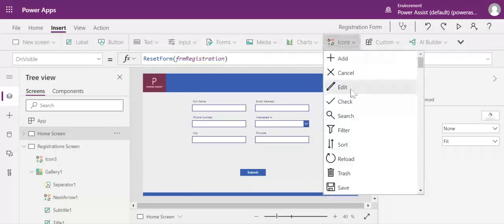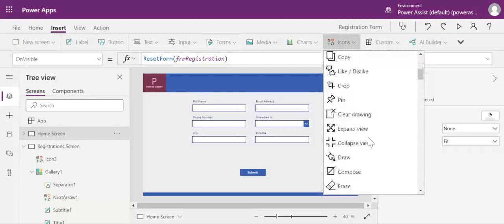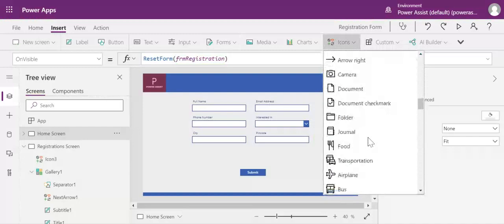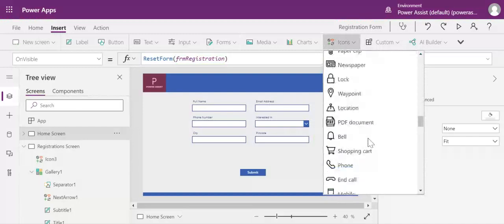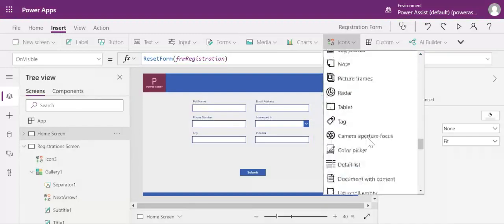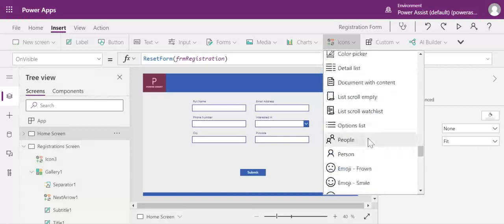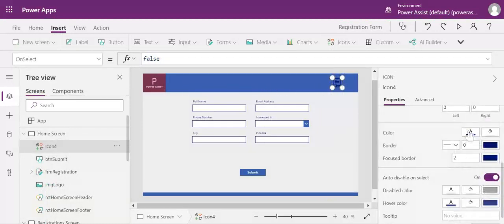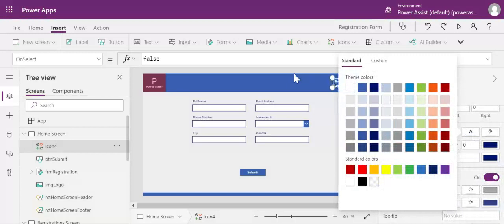Here, let us add an icon to see the list of records or registrations. I am going to choose this particular icon in order to show the list of registrations submitted.